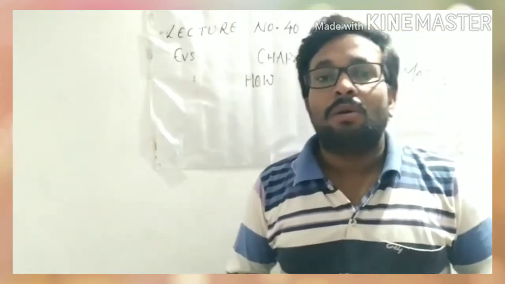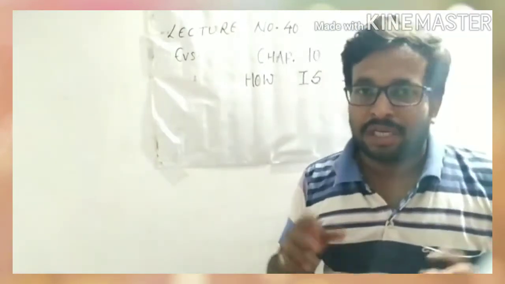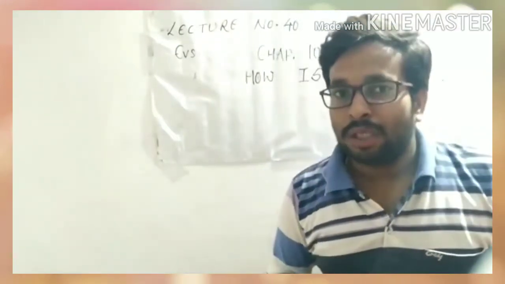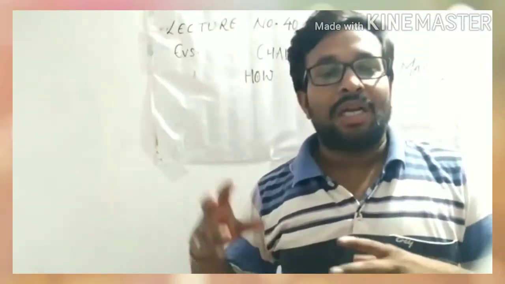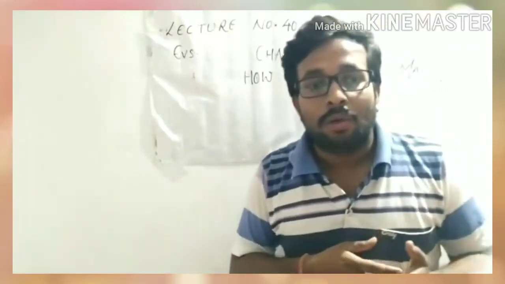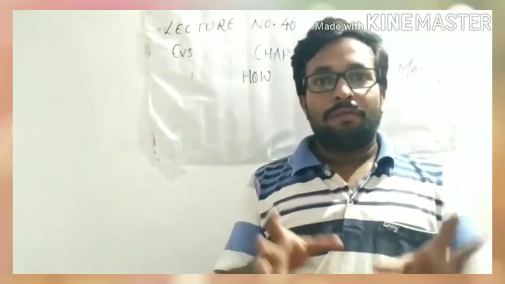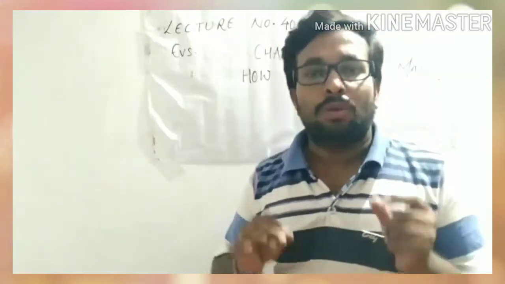Yes. So now your homework is, I will give you one project. Okay, sorry, two projects in this chapter. The first one is you have to draw the things made by a blacksmith. Have you seen a blacksmith? So what do they make? They make so many things made of iron. You have to draw those things with their names. You can draw or paste. If you collect pictures, you can paste them, and if you want to draw, you have to draw them.